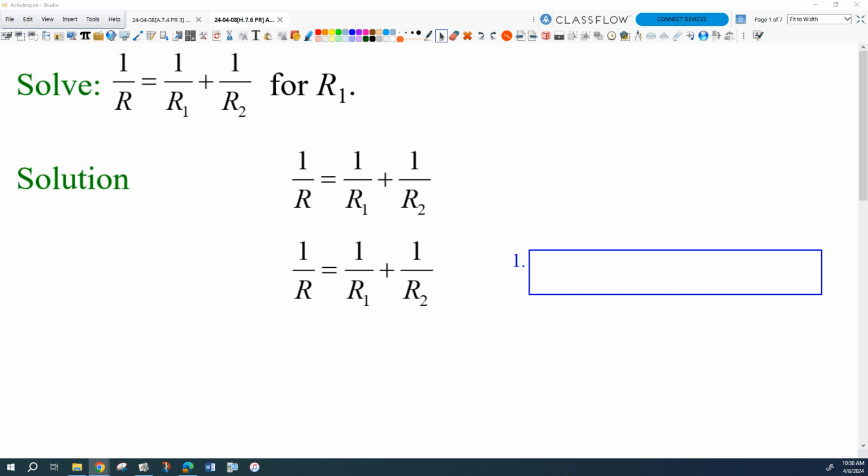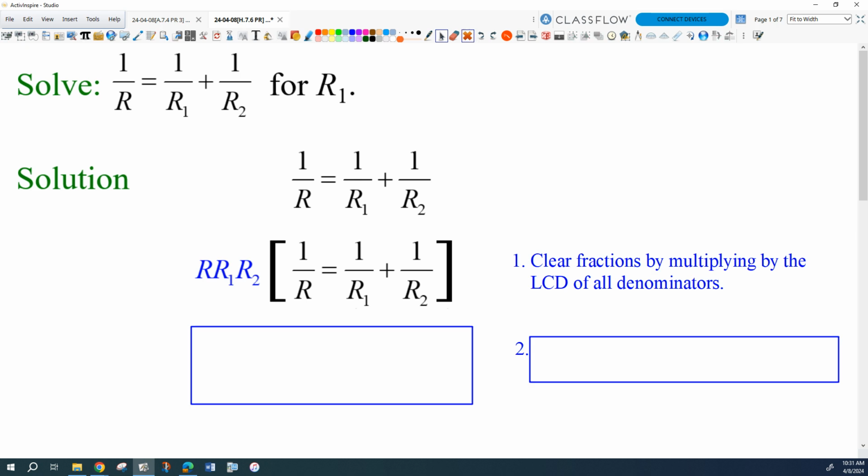How have we been solving rational equations? Equations involving rational expressions. What have we been doing? What's our strategy? What do we always try to do first? Okay, how come? Yeah, we want to find the LCD, and what do we do with it? Yeah, we distribute it through, right, to clear all the fractions. Okay, so why not do that now? So the first step would be clear the fractions by distributing both sides through by the LCD,